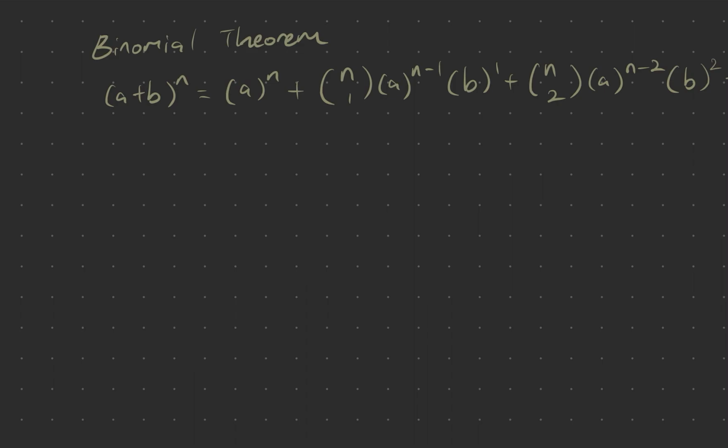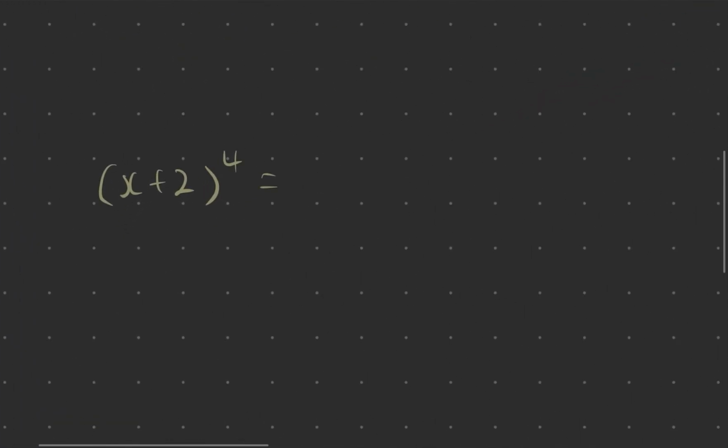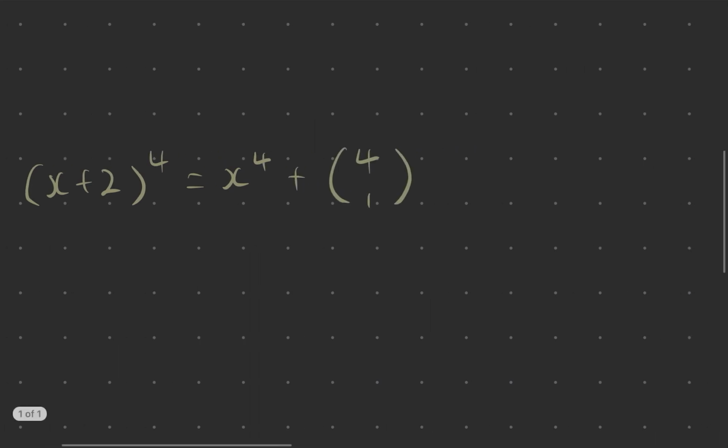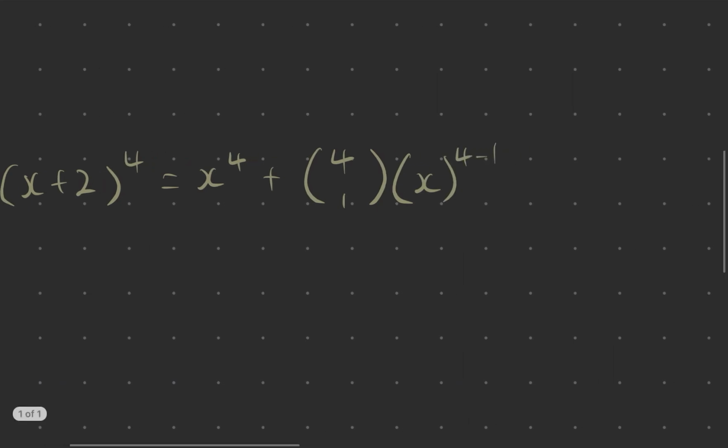So let's say, for example, let's try (x + 2)^4. All right, so by applying that formula up there, we will get x to the power of 4 plus 4 choose 1. 4 is my n. This is my n, and then this will be x to the power of 4 minus 1 times 2 to the power of 1